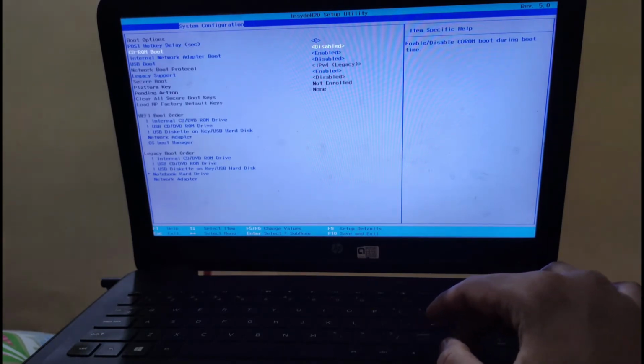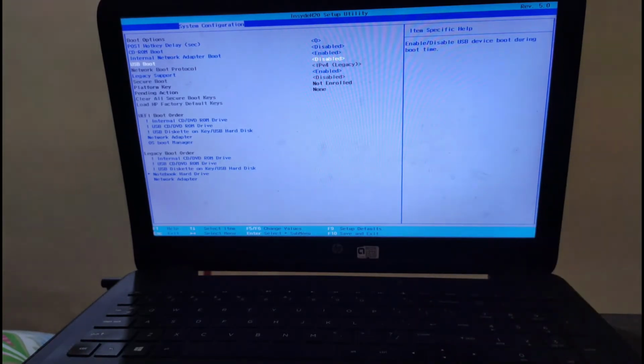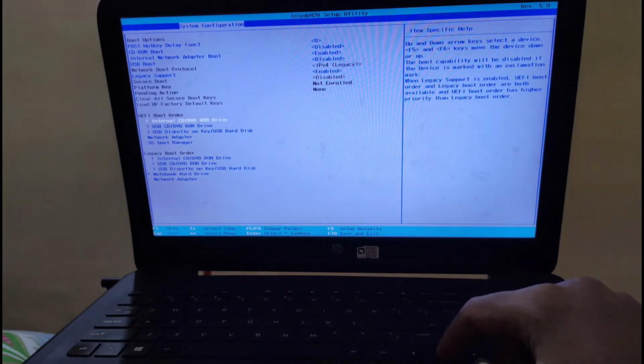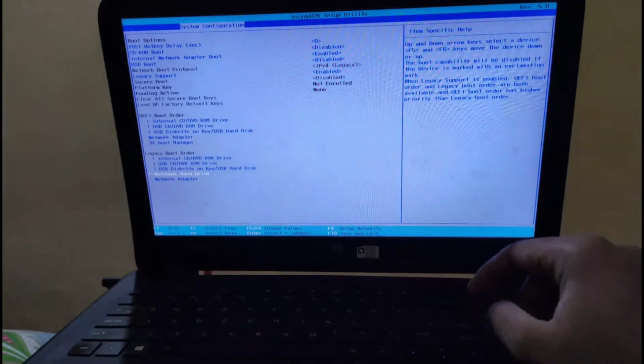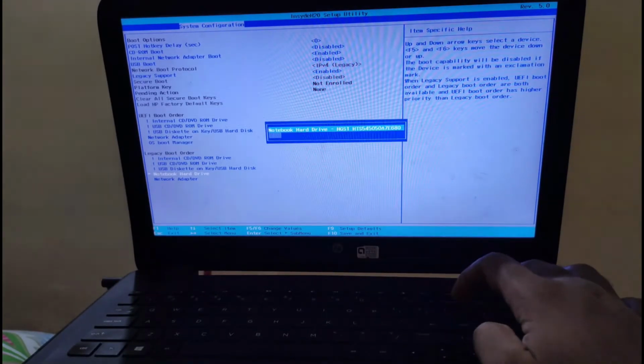Everything you can see: CD-ROM boot disabled, internal adapter enabled, USB boot. You can enable USB boot also, it doesn't matter, but I kept it disabled. So you go to this legacy notebook hard drive and just press enter.